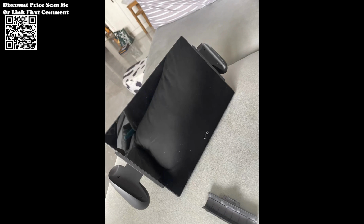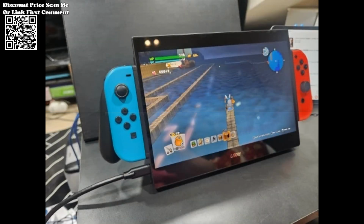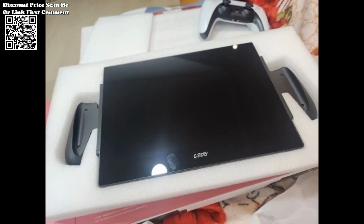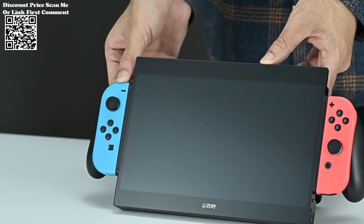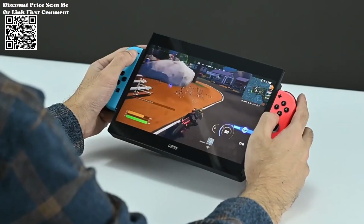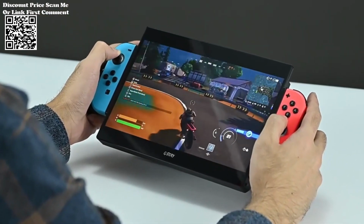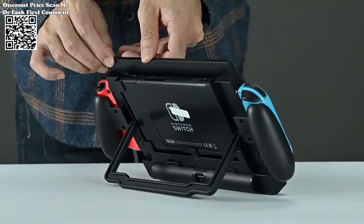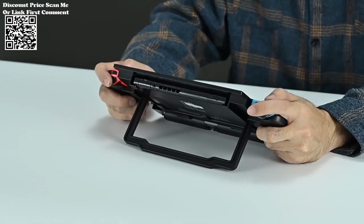multimedia content consumption. Beyond gaming, the G-Story monitor proves to be a versatile companion for professional tasks and entertainment purposes alike. Whether you're editing documents, streaming videos, or conducting presentations, compact yet powerful, the G-Story monitor redefines portability without sacrificing performance. Its sleek and streamlined design makes it easy to transport and set up wherever you go. Whether you're gaming at home, on the road, or at a friend's house,